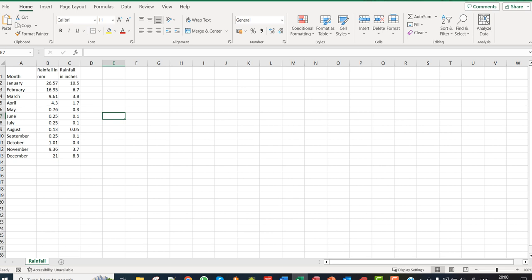So one of the things we want to do is highlight all this information, that's fine. We could just highlight the two columns, and we left click and we drag to do that. And if I want to highlight column A and column C, I hold down the control key, go to column C, left click, hold, and now I've selected both column A and column C's information. What I want to do now is to